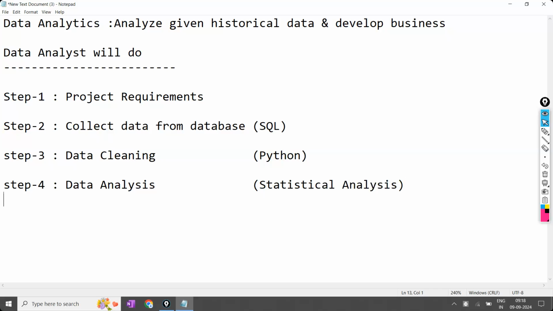Okay. And in step 5, once the analysis is completed, the step is the presentation. Whatever things they have observed, they are going to present, and the presentation will be done using Power BI. So this is the workflow of a data analyst. Since this is the workflow, the data analyst will do exactly the same thing in the company. So here in our course,